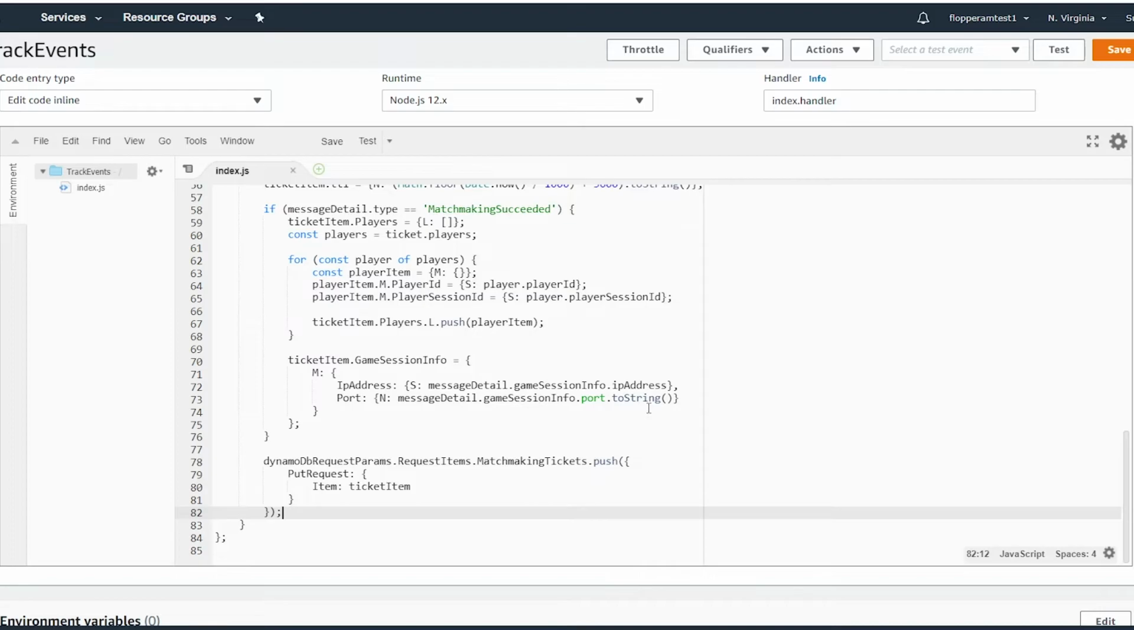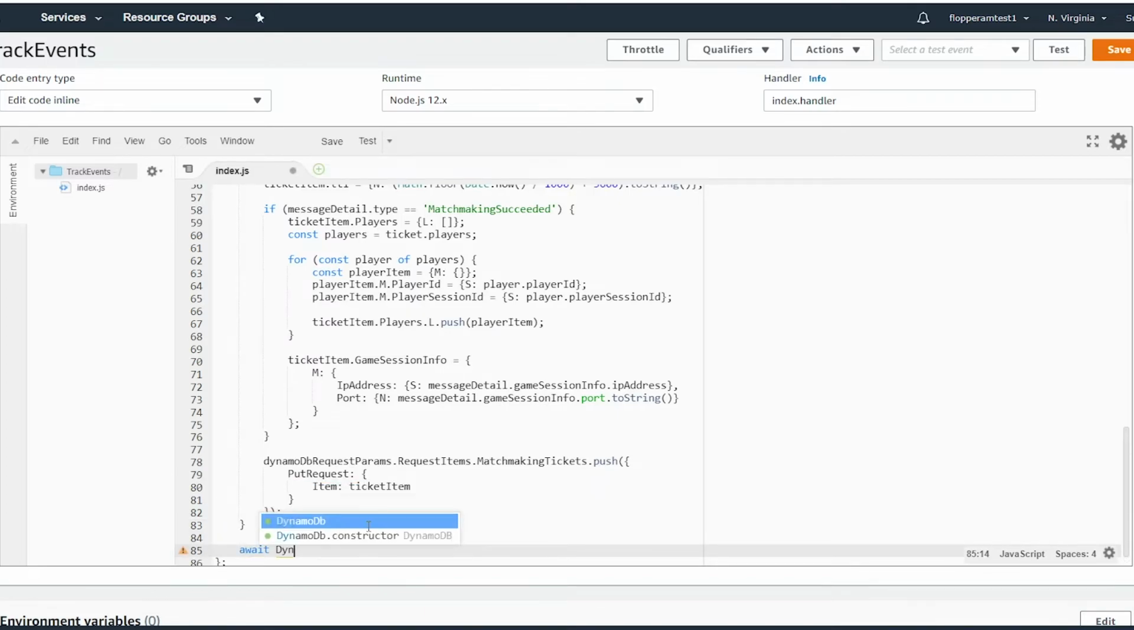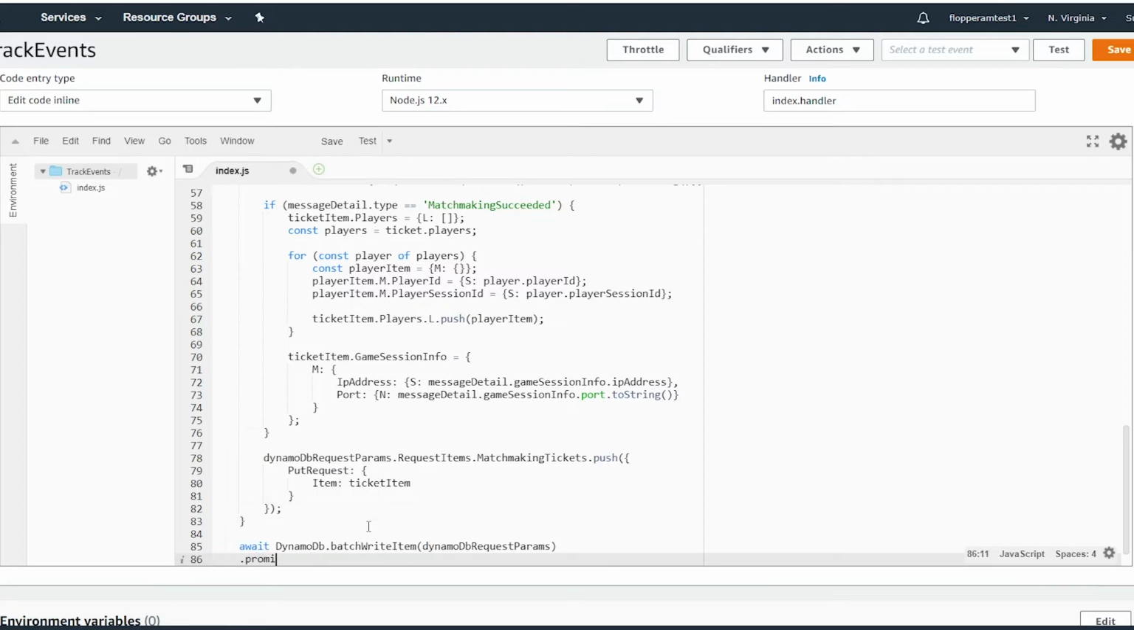And once we have the request parameters after looping through each ticket in the event message and creating a ticket item for each ticket, we can now perform a batch write operation outside of the original for loop in order to add as many items as we need to our matchmaking tickets table. So let's write await dynamoDB.batchWriteItem(dynamoDBRequestParams).promise().then(data => {